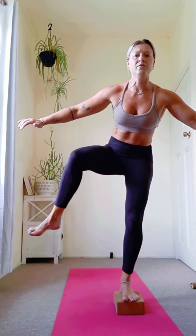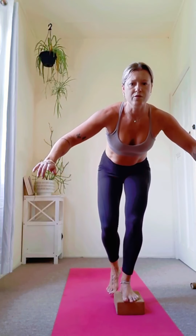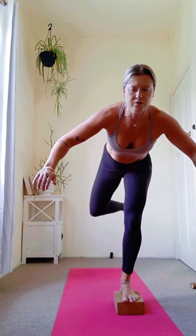Steady like yoga breath, which means breathe through the nose in and breathe through the nose out. You'll have to ignore my breathing, of course, because I'm talking. It's much different. You just do you. Perfect. Excellent. From here, we're going to bring the foot close to the block and we're going to squat down